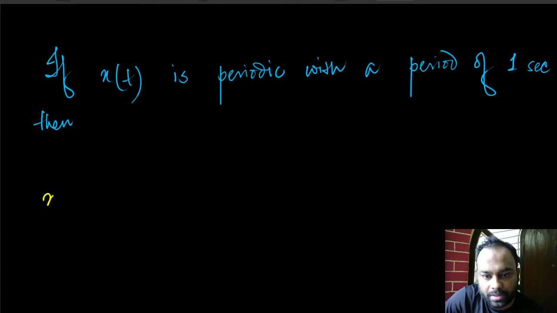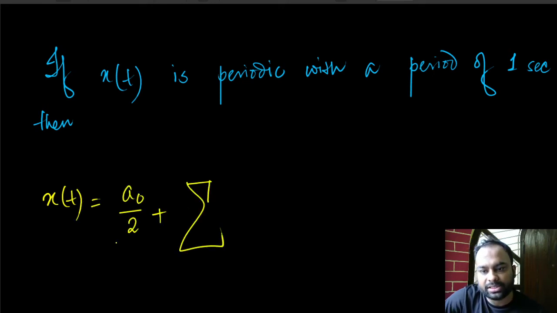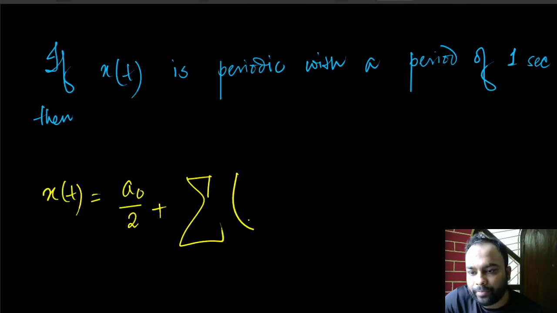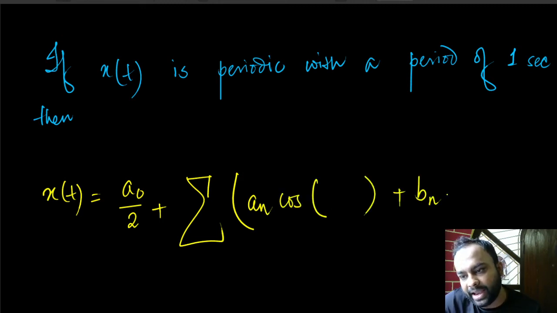Then we can say we have the same thing, right? We have a DC component, and then we have the sinusoidal components, but the sinusoidal components will now be checking for signals that are periodic with a period of 1 second, then signals periodic with a period of 1 by 2 second, then signals periodic with a period of 1 by 3 seconds, and so on, right? So here, instead of being 2 pi, the time is going to be 1, 1 by 2, 1 by 3, and so on, right? So we shall have an cos something plus bn sine something, such that,